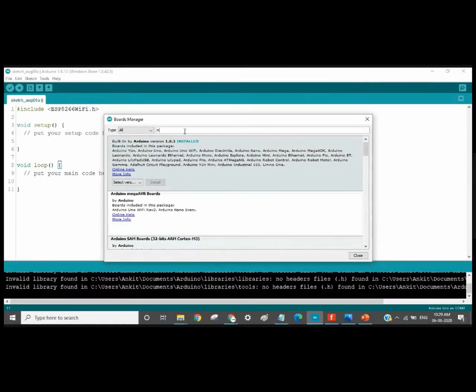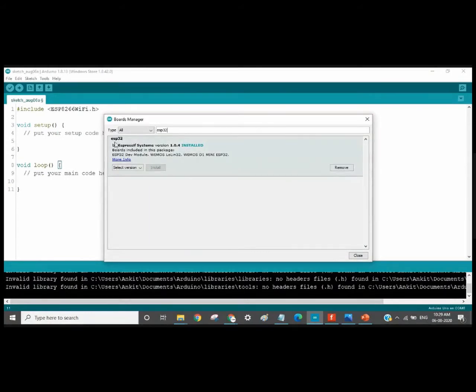For example, if I want to download the ESP32 board from here, I'll check for ESP32, right? Here you can see that it shows installed. But for you, when you are doing it for the first time, it will not show installed, okay? So you have to select the version from here. There are multiple versions present here, 1.0.0, 1, 2, 3. And the fourth one I have downloaded, that is 1.0.4, hence it is not showing this. So if I remove this, then I can download another version. Also, I can select 1.0.3 or the previous versions and install it directly from here.